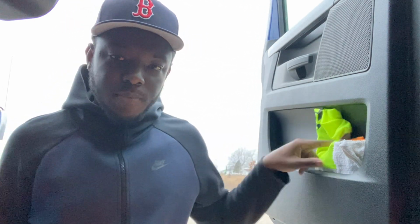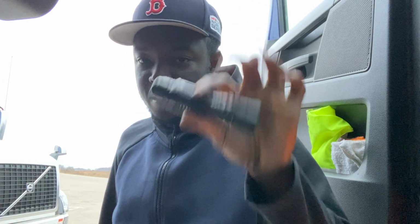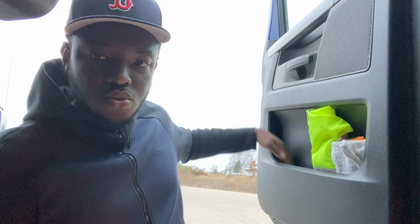All right. So when I'm pre-tripping, I use several things. Depending on the time of day, I may use my reflective vest because it may be dark. There may be a lot of truck traffic, so I use a reflective vest sometimes. Being that it's early morning, I'm not using it. However, I use a flashlight, I use a hammer, and I use